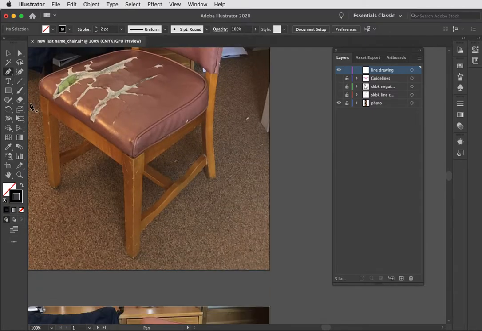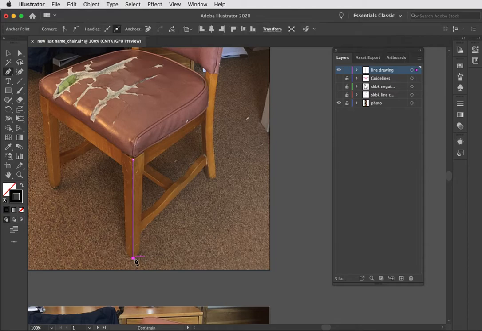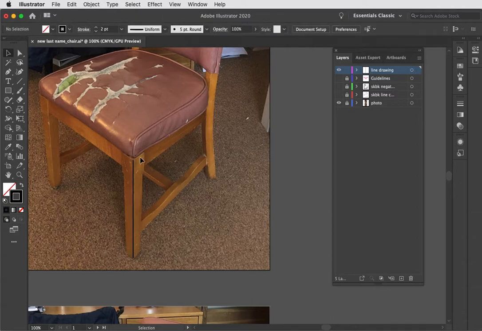I'll zoom in a hair. And maybe what I want to establish first is the front part of that chair. So to draw a straight line, I know you know how to use the pen tool already from your first assignment to draw a straight line. You can turn the layer on and off. You can turn the photo on and off and see how you're working. After you establish that first line, you can continue on and just draw a series of vertical lines perhaps. You will connect things, overlap lines. You're basically referencing the photo